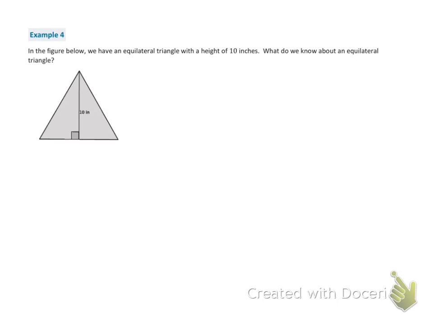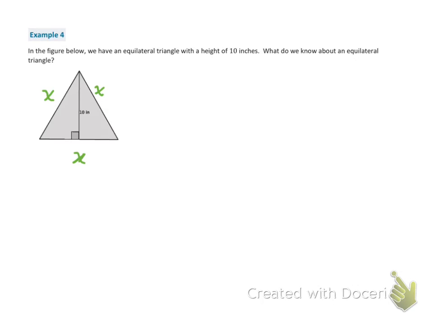Give you a second. And then let's just look at the word equa, meaning the same, right? That first part of the word. And then lateral, meaning sides. So equilateral says the sides are all the same length. What that does for us is pretty important in order to be able to know anything more about this triangle, other than that the height is 10 inches, is that we can use the same variable for all three sides. We could say all three sides are going to be equal to the same